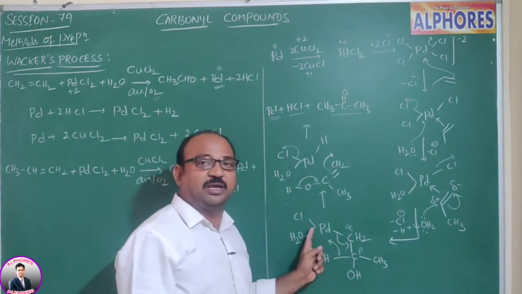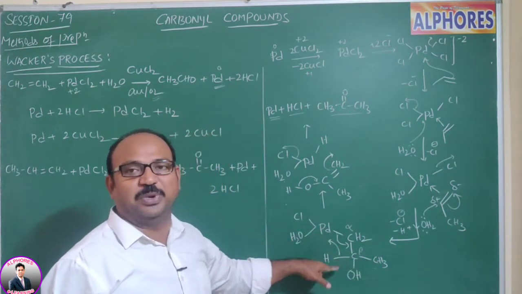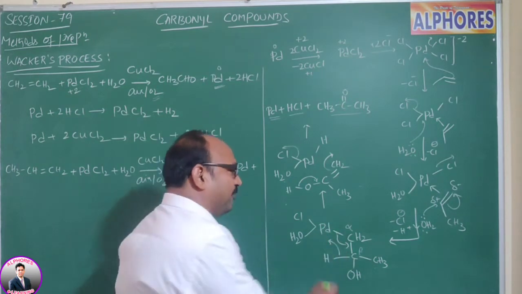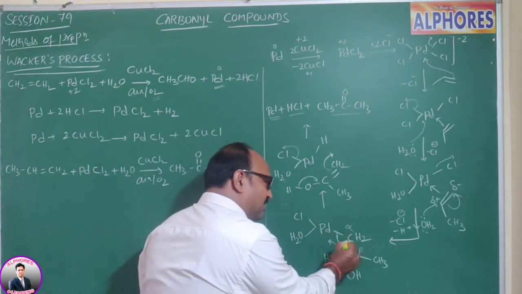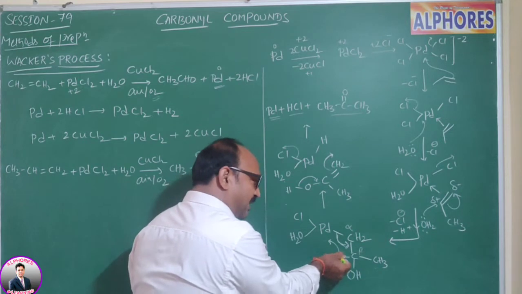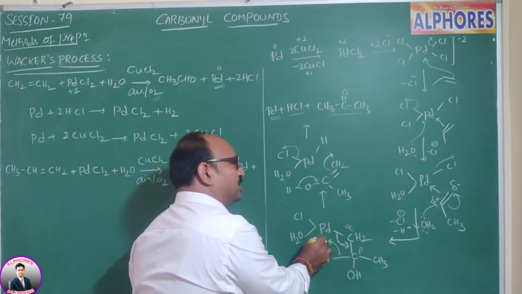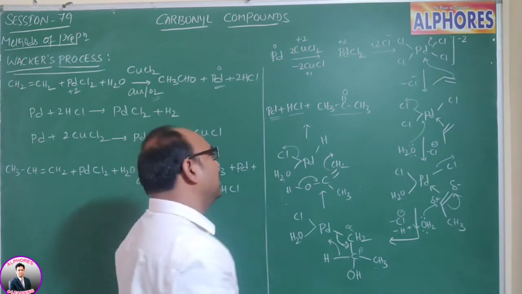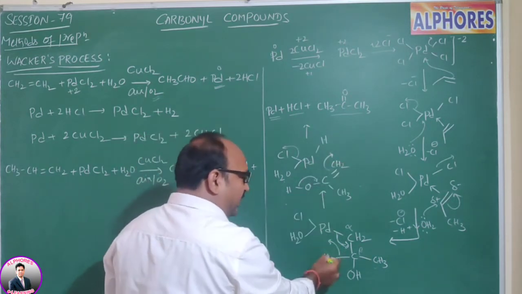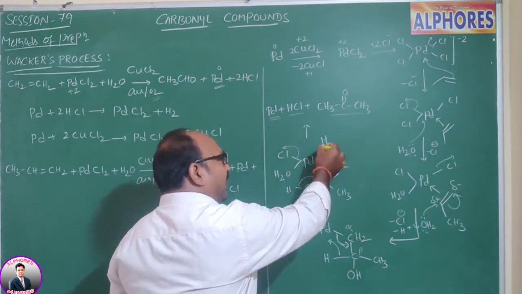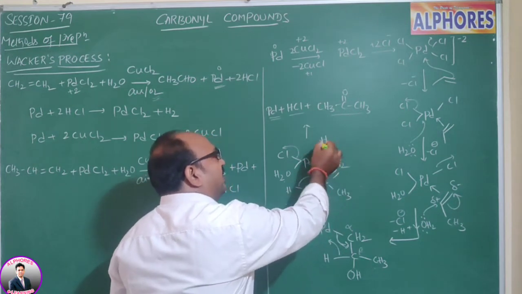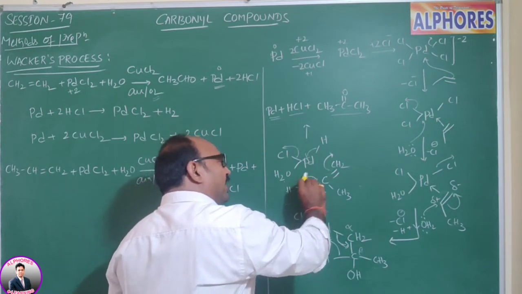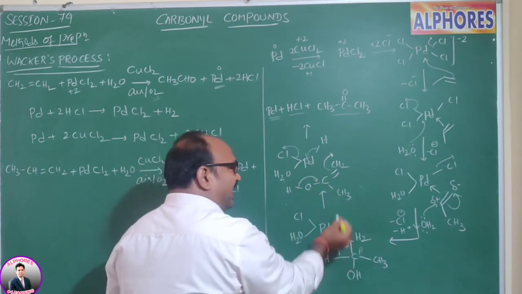Then rearrangement here. This rearrangement is nothing but beta hydride transfer. This is palladium carbon, because of the metal, the electrons are freely shifted towards this carbon, and this C-H sigma bond electrons are shifted towards palladium. The resultant palladium and hydrogen, between these two a bond exists. Now this hydrogen again comes to this carbon. Whenever these electrons shift, these electrons come like this, and this one leaves away, and the OH bond electrons shift. Nothing but it is enol.